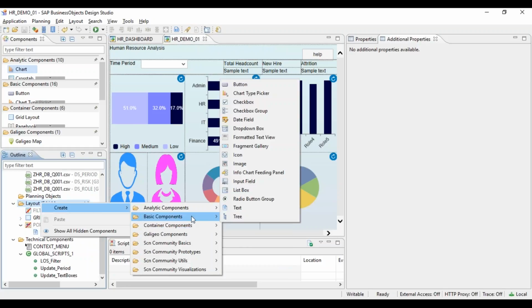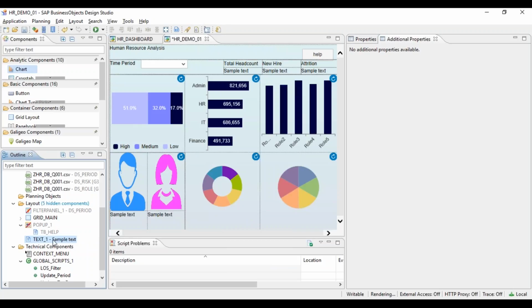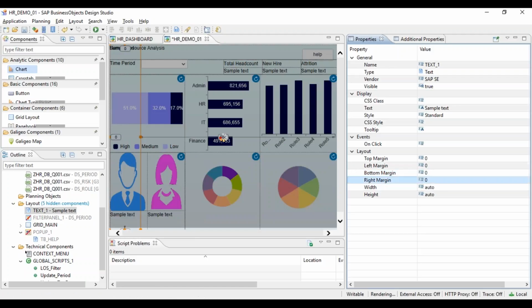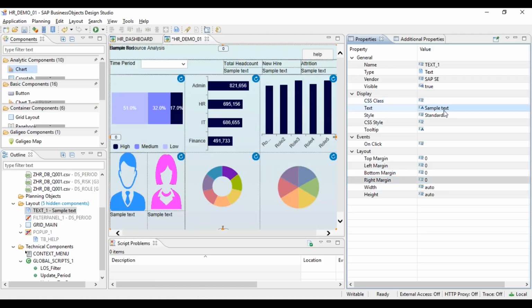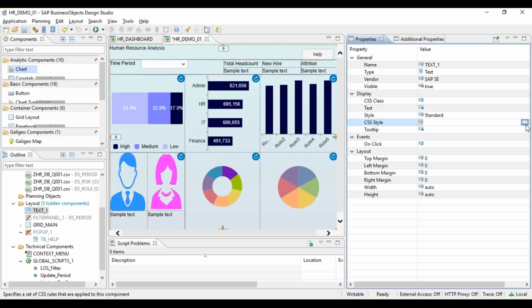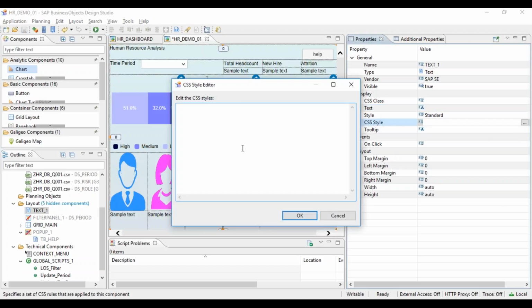And how to put a background is, you put a text component, and auto width, auto height, so it covers the complete dashboard. So now our text box is covering the complete dashboard. Remove the text, and in the CSS style, you can edit, and here you can write whatever CSS code you want to write for that particular component.